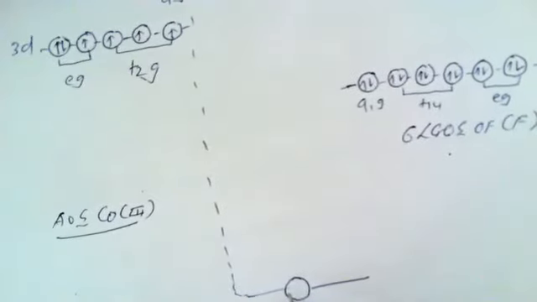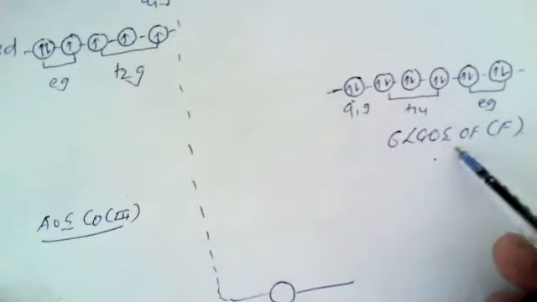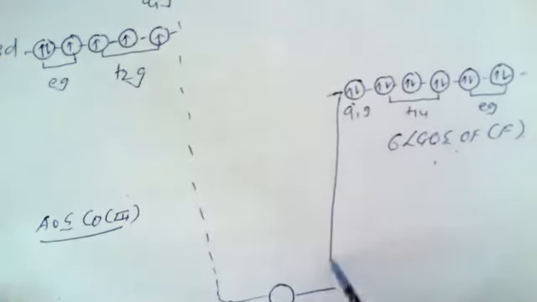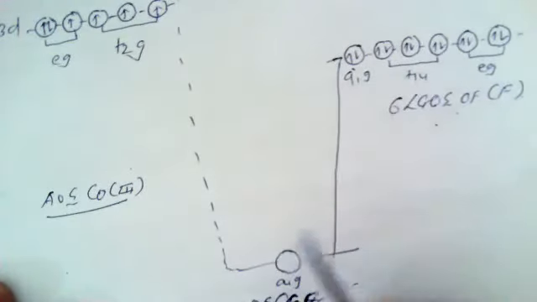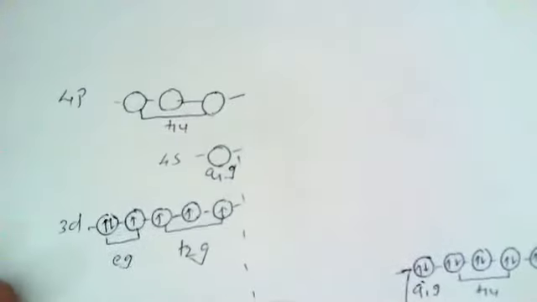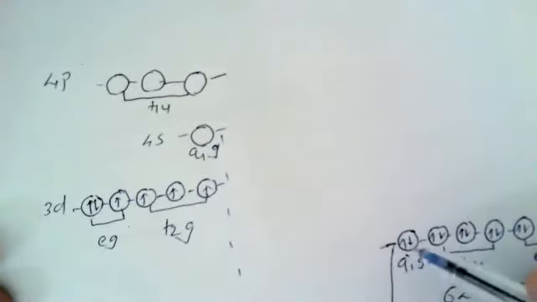But the requisite number of electrons are present in the LGOs, and hence there is a contribution from the LGO side. So show a thick line from LGO, and these two electrons are to be shown here. So the first bond between cobalt and fluorine is formed on account of the empty orbitals of the metal and the filled orbitals of the LGOs.